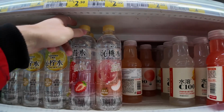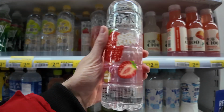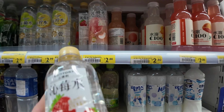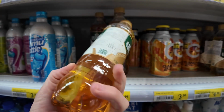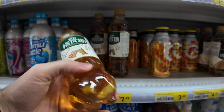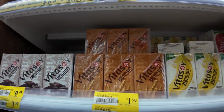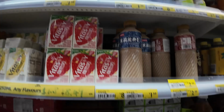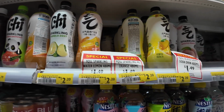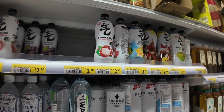These are probably quite nice. I think they're sugar-free, not quite sugar-free, but almost. Fake beer, so I think this is a zero alcohol beer or malt sort of drink. Vitasoy drinks. Now these are a certified hood classic, quite a lot of variety of flavours, and they're fairly cheap, about $1.50 each. And this is called Lianqi, and this is sort of like a sparkling, maybe like a soda